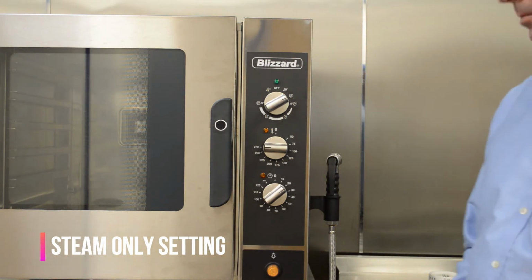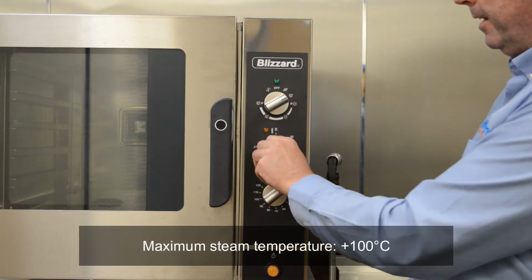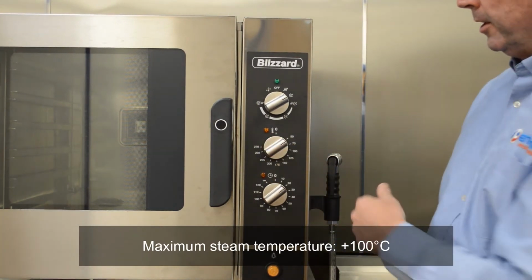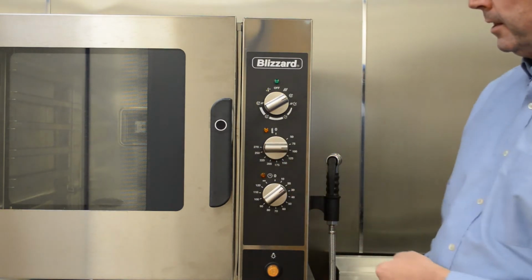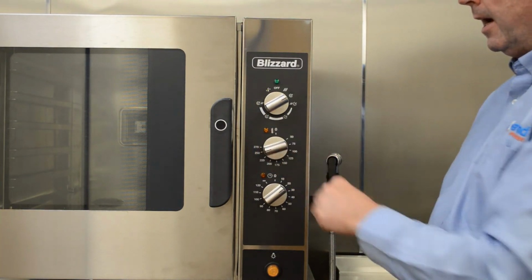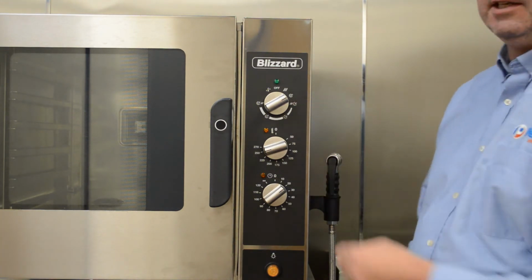That will give a maximum steam at a temperature of between 50 and 100 degrees C. So you can do a variable temperature steam from 50 to 100 degrees C. If you turn that dial any higher, the maximum temperature that oven will achieve on the steam setting is 100